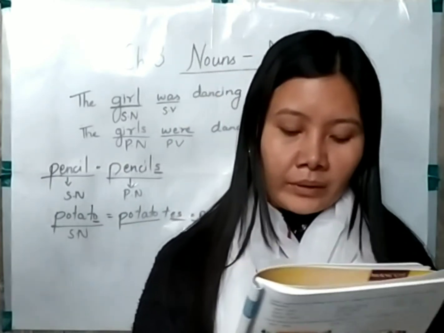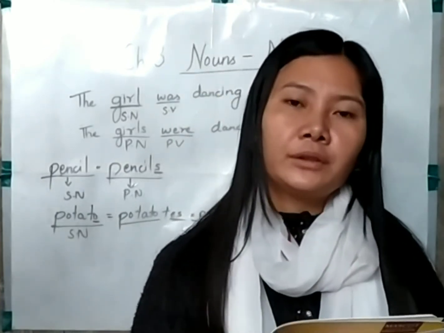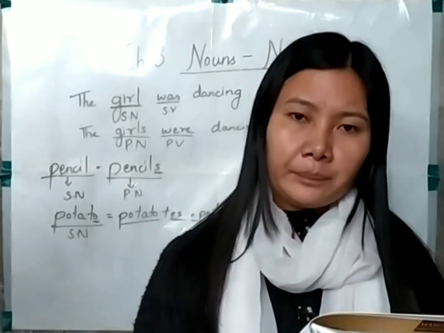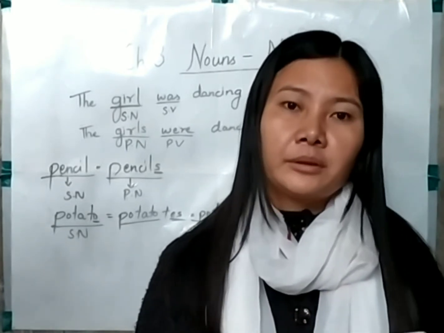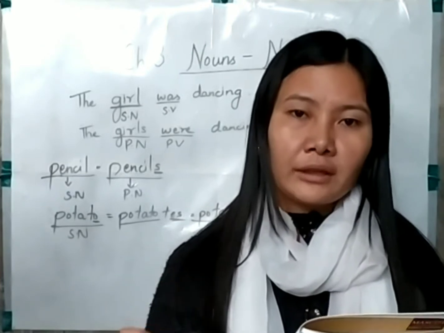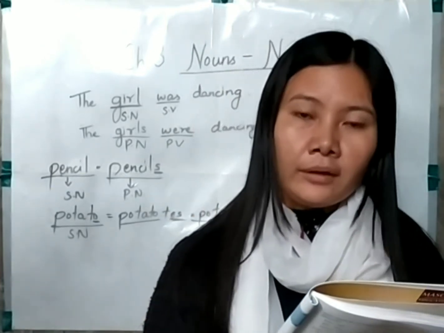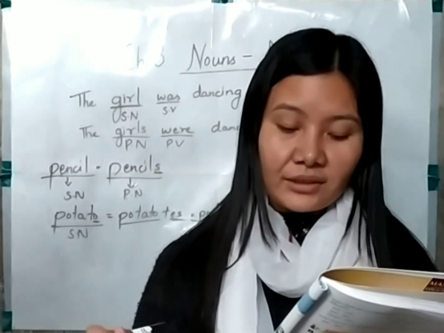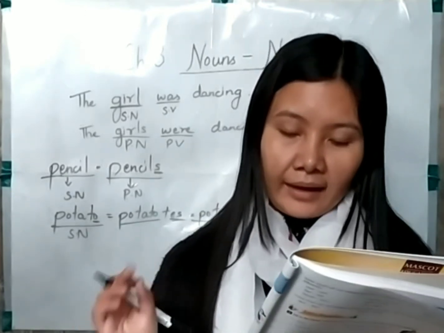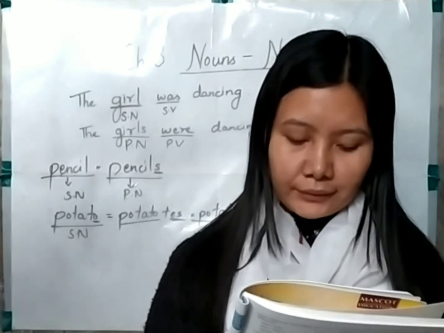It is very clear. So what do we need to keep in mind? That some of the singular nouns form their plural by adding es. But you need to remember that those nouns that form their plural by adding es are the ones that end in o, s, double s, sh, ch and x. Now let's read the third rule.